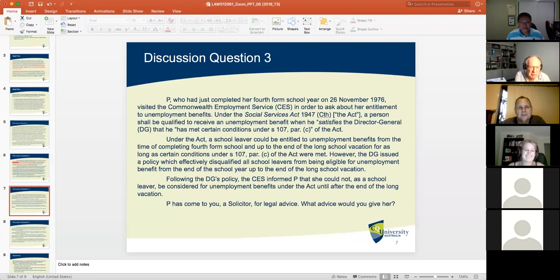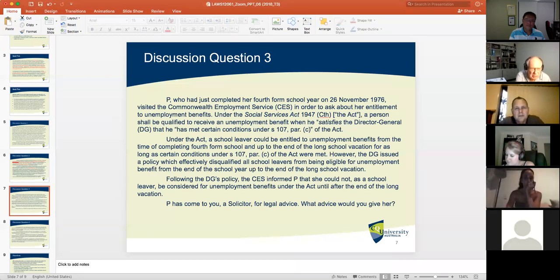P, who had just completed her 4th form school year on 26 November 76, visited the Commonwealth Employment Service in order to ask about her entitlement to unemployment benefits. Under the Social Services Act 1947, Commonwealth, in brackets the Act, a person shall be qualified to receive an unemployment benefit when he satisfies the Director General, DG, that he has met certain conditions under Section 107, paragraph C of the Act. Under the Act, a school leaver could be entitled to unemployment benefits from the time of completing 4th